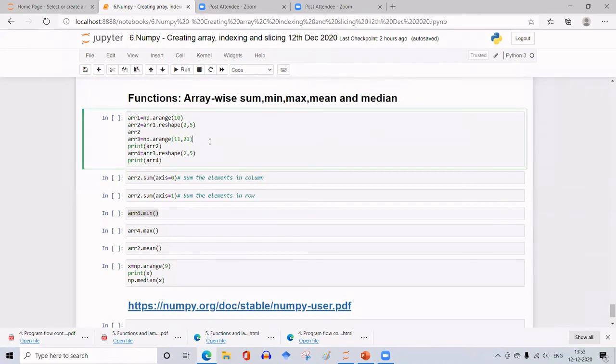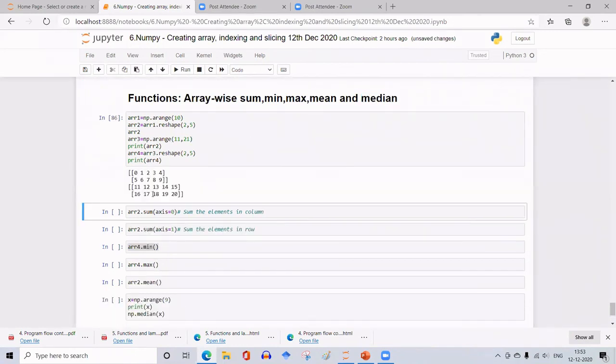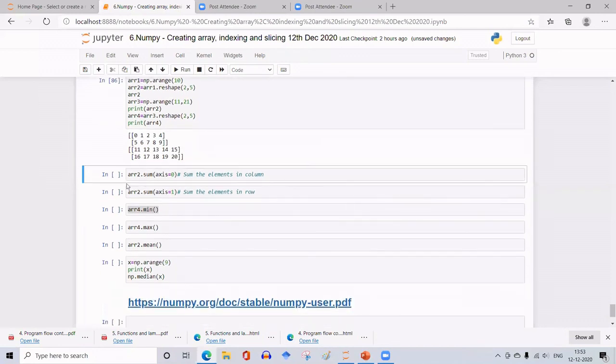So for that, I'm considering the same two arrays of 2 dimensions each, by arranging sequentially the numbers 0 to 20 into 2 arrays. So now array2.sum with axis equal to 0. So this will sum the elements along the column and give the result.